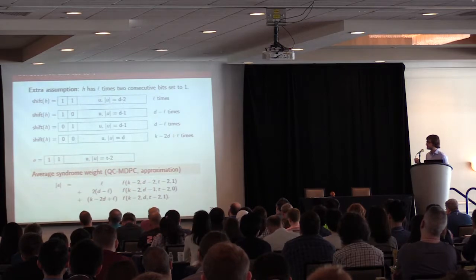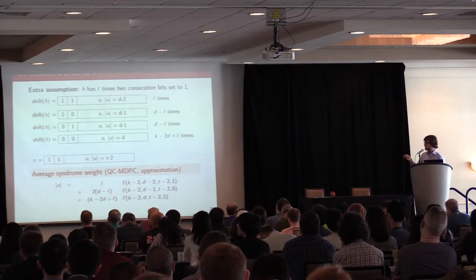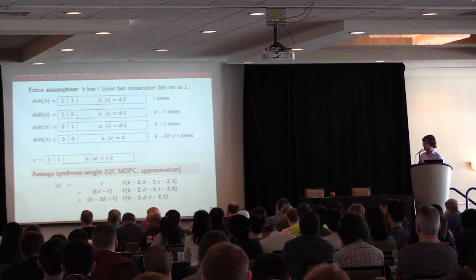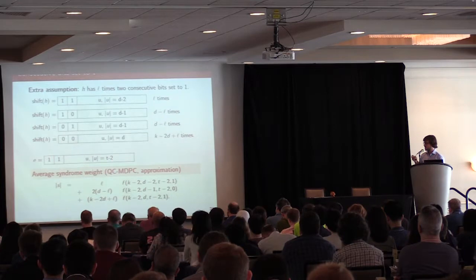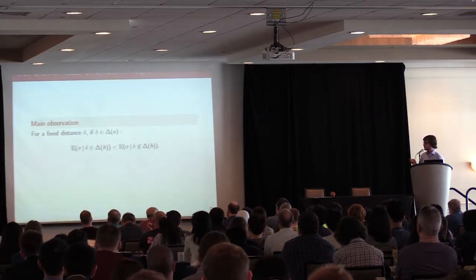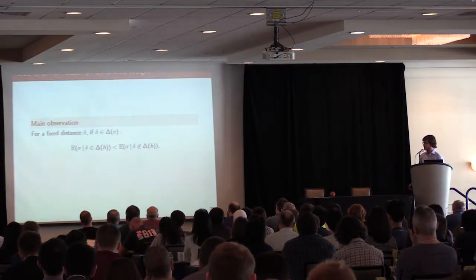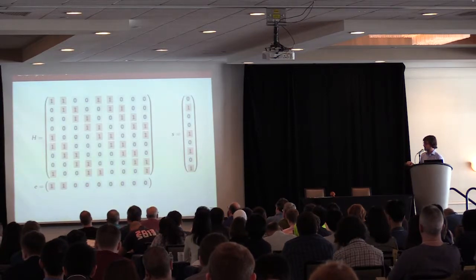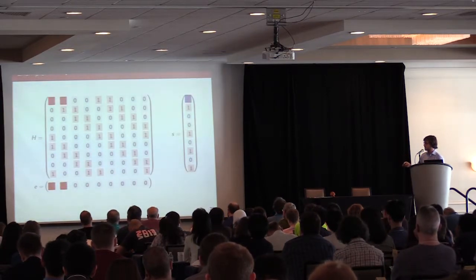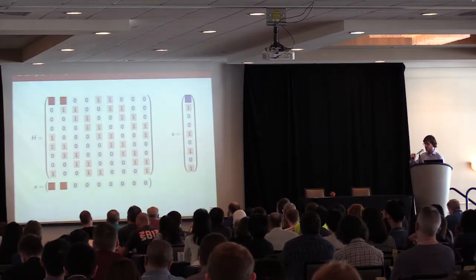This formula depends on the multiplicity L, which was 2 just in the example. In fact, it depends linearly on the multiplicity. And this explains, if you compute this approximation, the fact that you have a slightly lower syndrome weight in the case of a common distance in the spectrum of E and the spectrum of H. Why is that so? Just as we've seen, when we have 1, 1 and 1, 1 at the same position, this cancels out to 0 in the inner product, and of course, this lowers the syndrome weight.